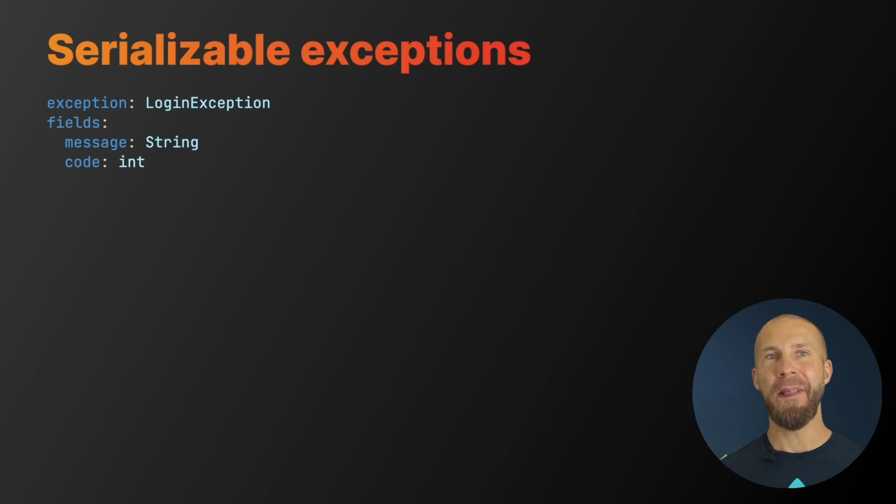First, in your model file, you can switch out the class keyword for exception. By doing this, Serverpod will generate a special type of exception for you. This means that you can store the exception in your database if you need to. And you can also pass it over the API. You do this by throwing an exception on the server. The exception will be serialized, sent to the client, unpackaged in your app, and rethrown there. This is great for handling errors you want to notify the client about.